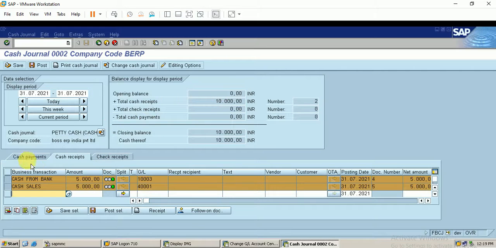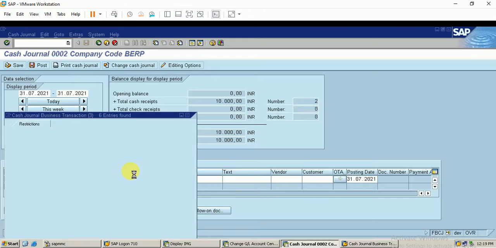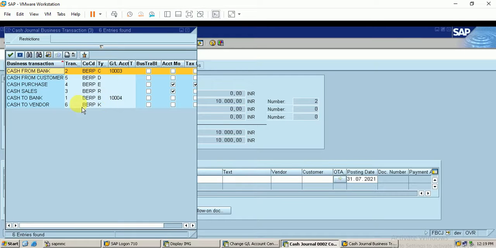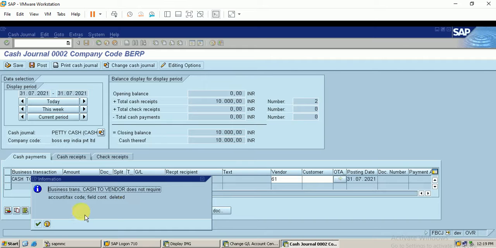So I go to the cash payments so that I can make some payments. The business transaction relevant to the payment is the vendor. This is my expense account and the vendor number. Business transaction does not require account.